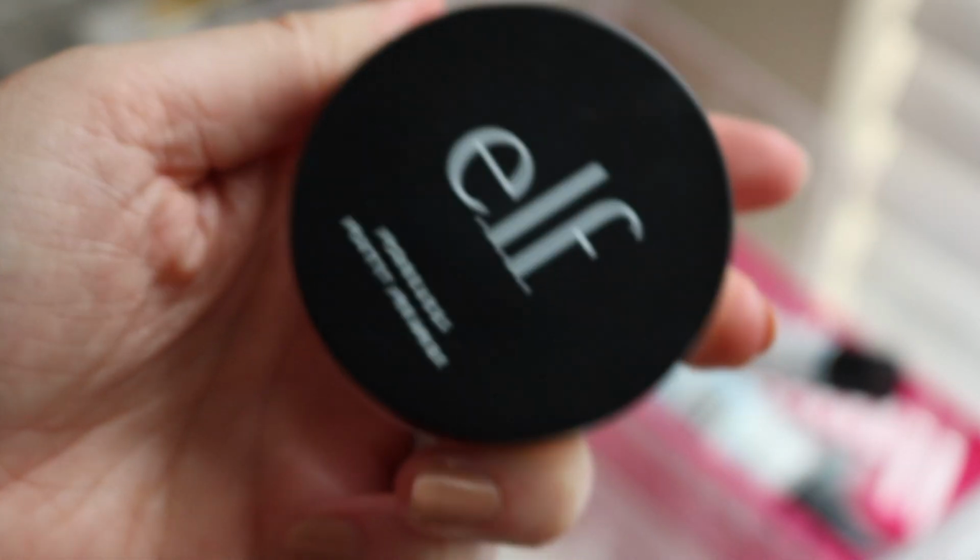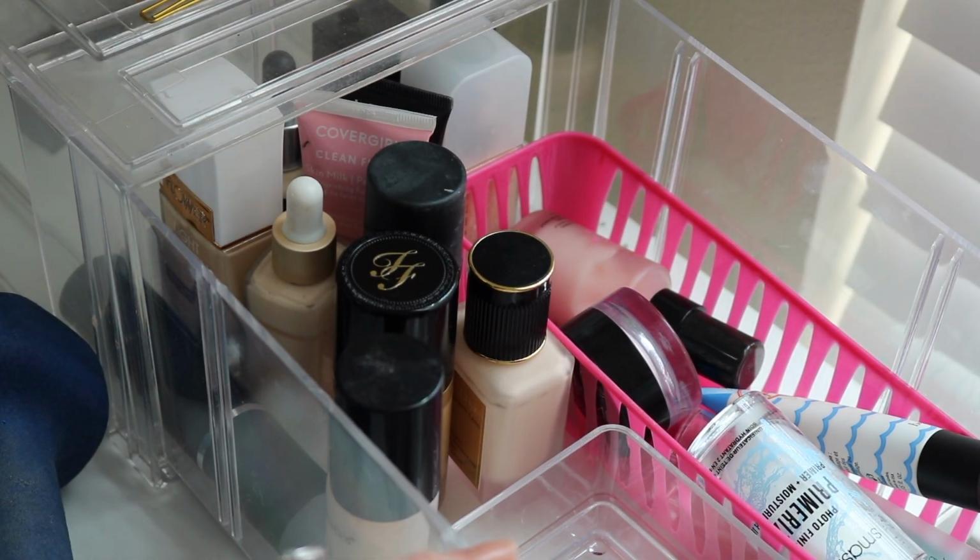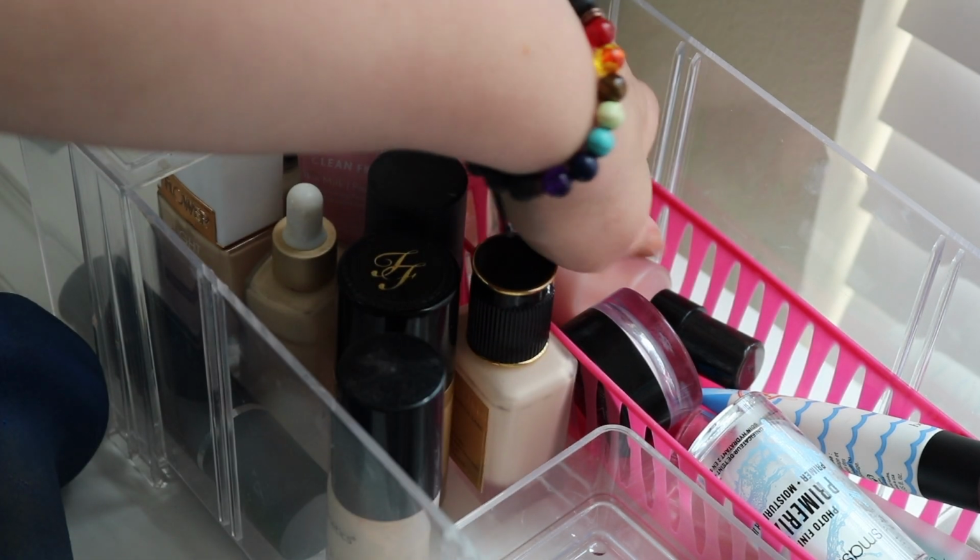If it breaks me out, I'll take it out and then declutter it before the move, but I've barely used it, so let me use this guy for a little bit. And then as far as foundations, I don't know what I want to pull in this month. I just have so many I'm focusing on, but a solid good one